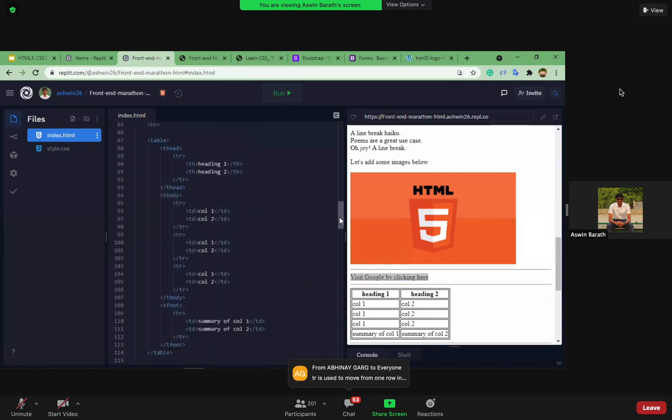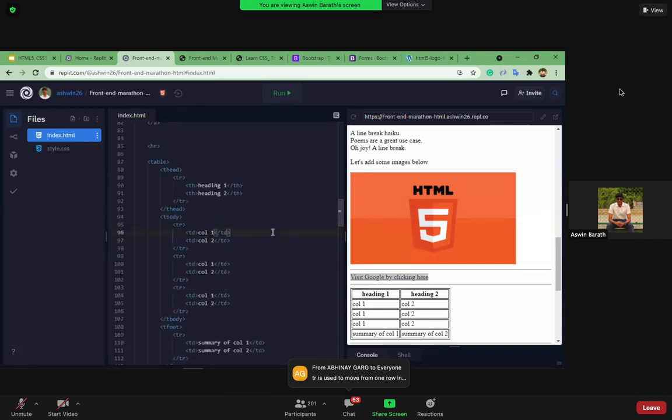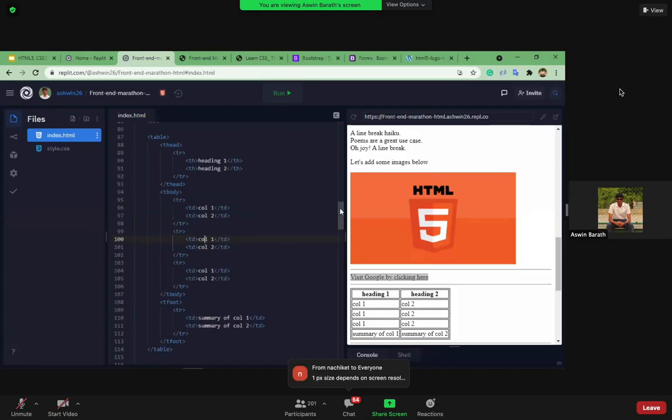And tables can be really confusing as we are using a couple of tags, but just follow carefully. Whenever we have to create row elements, if you can see here, col 1 and col 2 are nothing but column 1 and column 2. These are rows: this is row 1, row 2, and row 3. Even the heading is also a row, and also the one at the bottom. So every one of this data is a row, right?